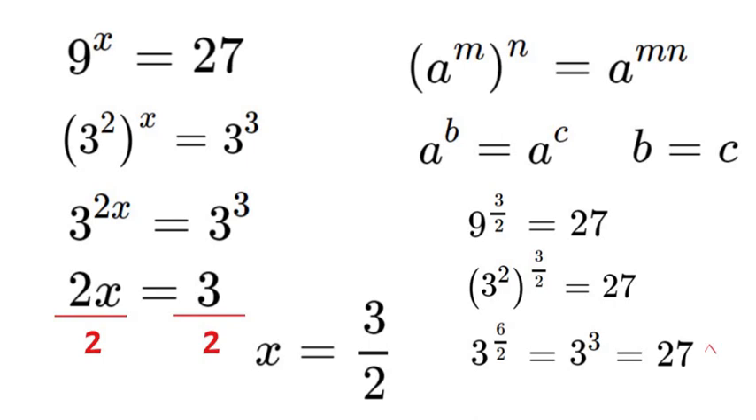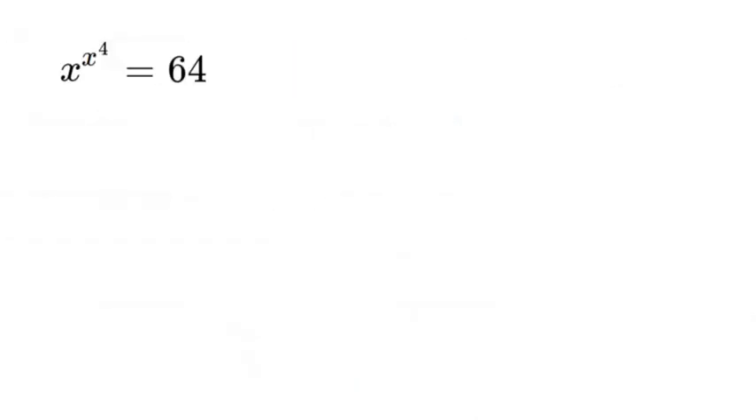So that's an easier way to solve that without trying to calculate in your head what an exponent 3 over 2 is. So let's do another one. Alright, we got x to the power of x to the power of 4 is equal to 64. So we are going to rewrite this. Now, the reason we are putting both sides to the power of 4,